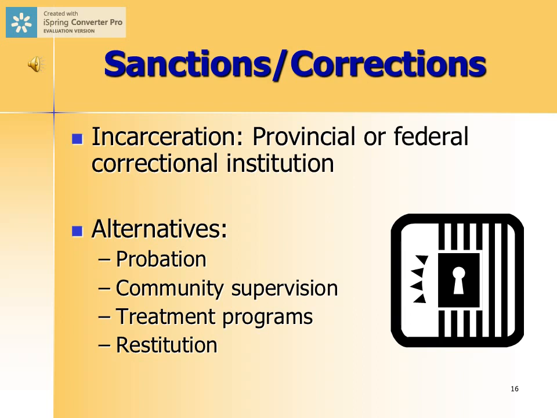The next step in the criminal justice process is sanctions and corrections. Sanctions basically refers to how the convicted defendant is going to serve their sentence. And again, it's up to the sentencing judge to determine the sentence, obviously, whether it's going to be served in jail or in the community, or whether the sentence is suspended at all.